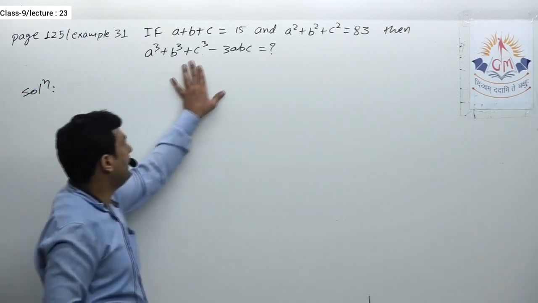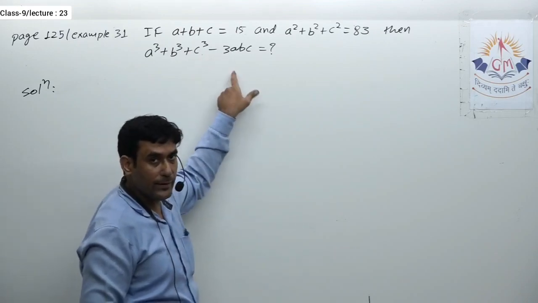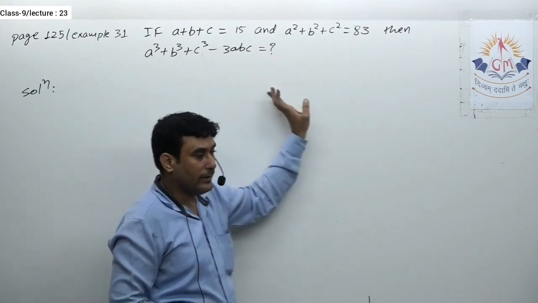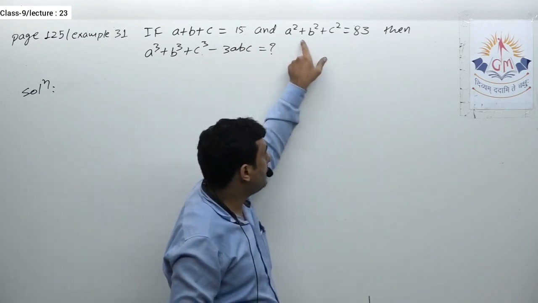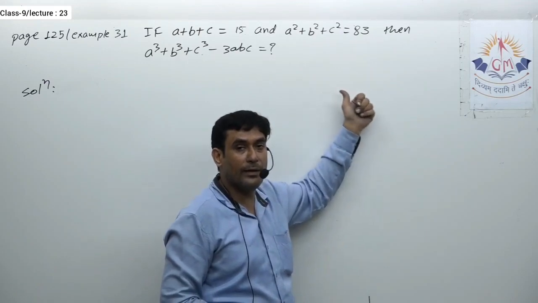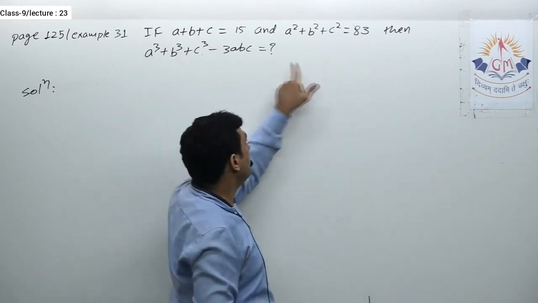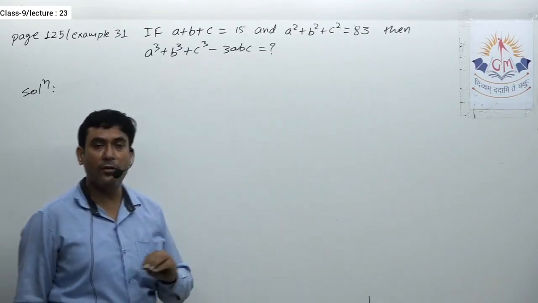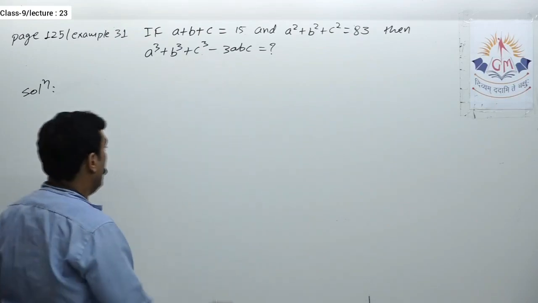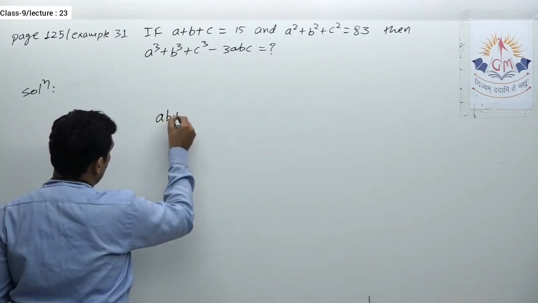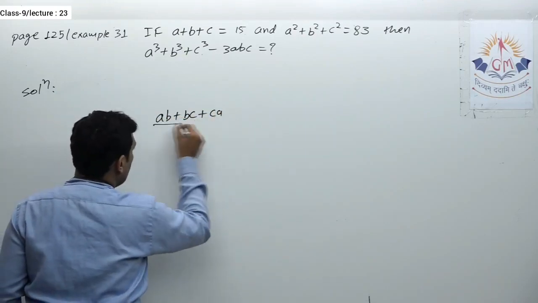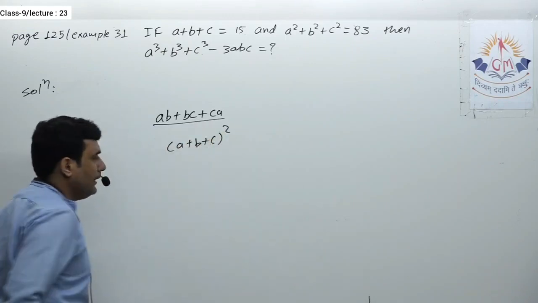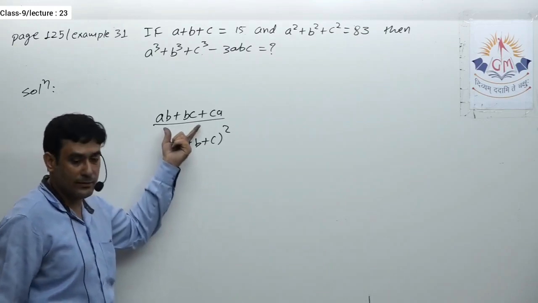Again I need to find this. Over there in the first bracket I have a plus b plus c, which is given directly. Then in the second bracket I have a square plus b square plus c square, that is already given. Then I have minus ab minus bc minus ca, which is not given. It means to obtain this, first I need the value of ab plus bc plus ca. And again, if you remember, this expression ab plus bc plus ca is a part of the expansion of a plus b plus c whole square. When I square it, I will get this.